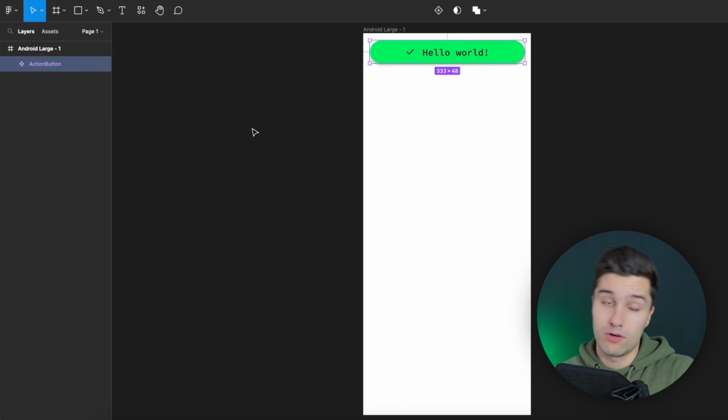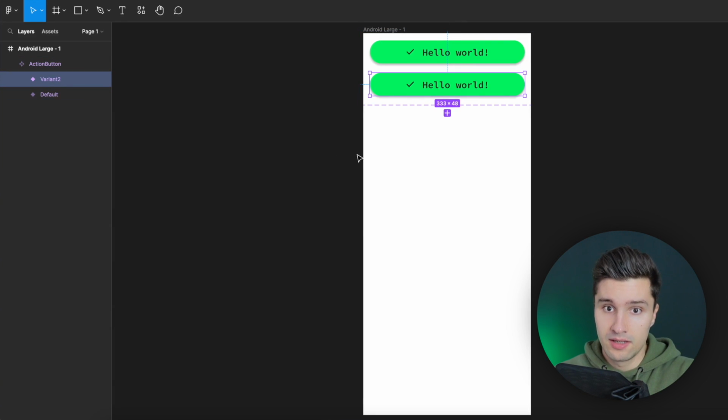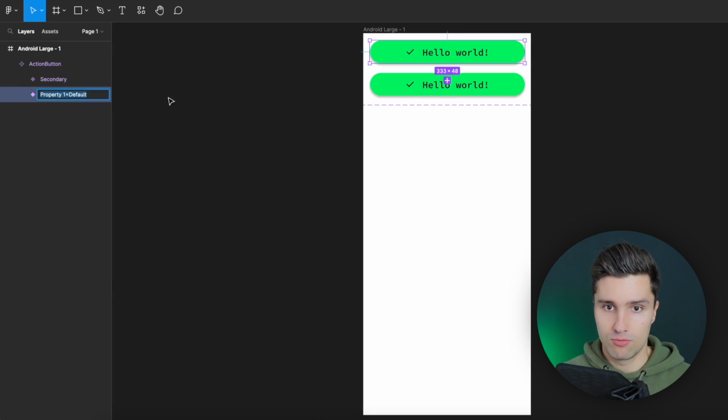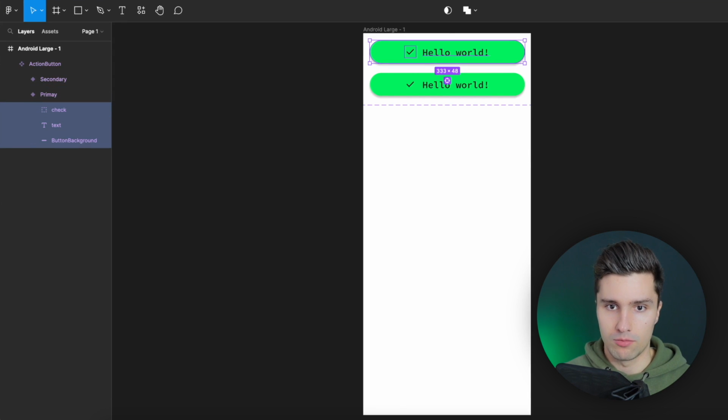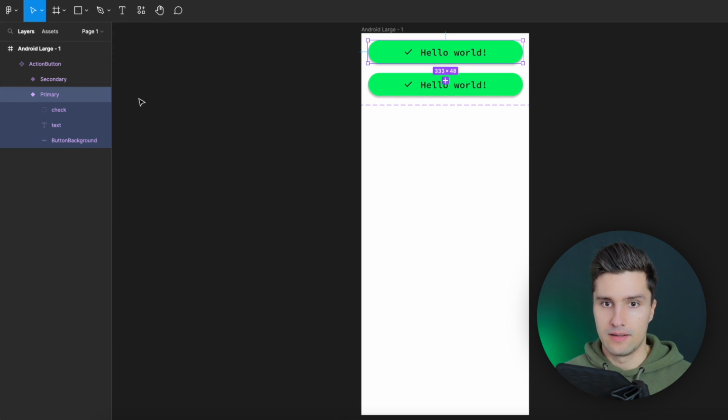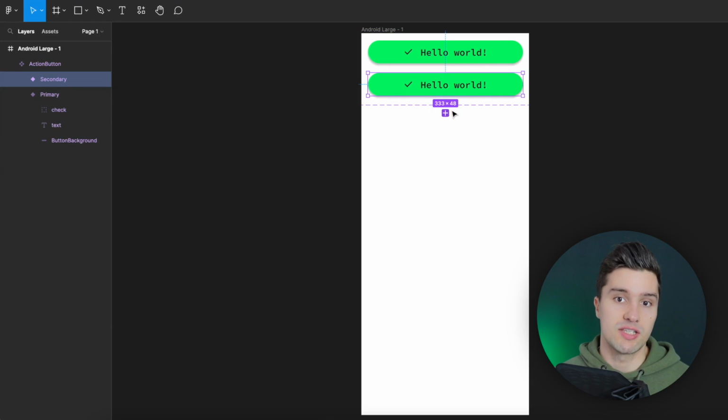However, since we want to have two variants of our button, we also want to have a secondary call to action button, which has a stroke, but not any fill and no shadow. We can select this button and actually click on add variant here. That way it will duplicate that, and you can see we have a default variant and a variant 2 now. We can rename these to, let's say, this one will be secondary, and this one will be primary. And let's select the secondary one, and now we want to adjust that to actually fulfill our UI requirements